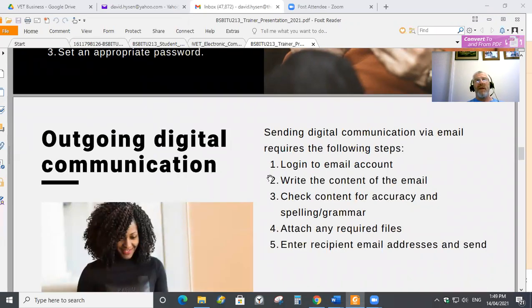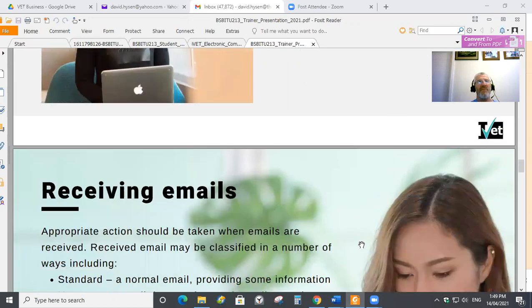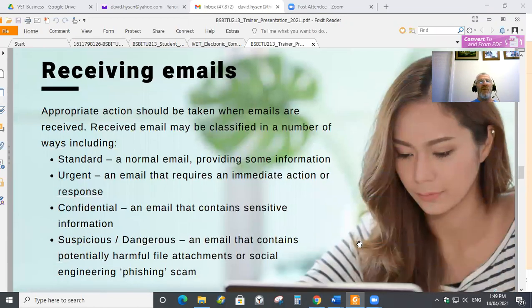All right. I'm sure you know how to log into your email account, check your content, check the spelling. Gmail will underline misspelt words. Some of you seem to ignore that. Attach any files you're going to send, and then enter the recipient's email address and send. Sure, you can do that. Receiving, I'm sure you know how to receive, but